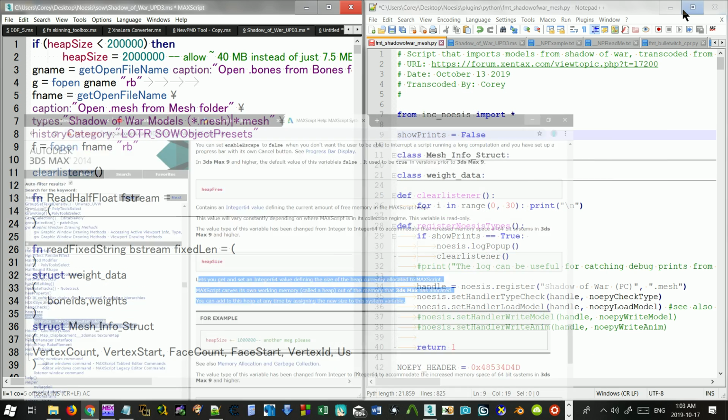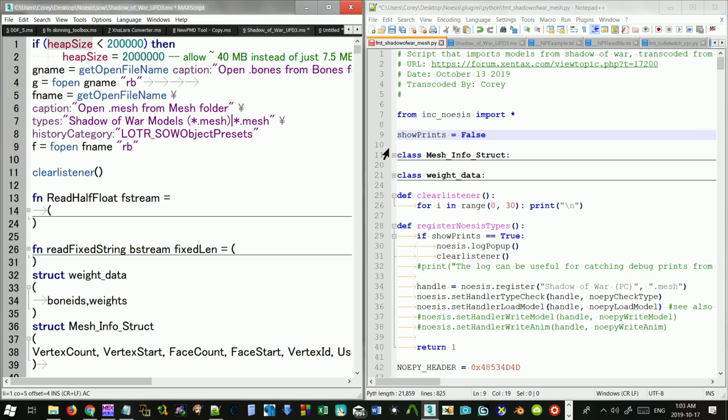And that's really where talking to someone one-on-one or talking on the Discord, for example, will help you. But basically, we're talking about the memory size, and if the memory size is too small, in this case, smaller than 200,000, which is 200 megabytes, then we're going to do the line after that,